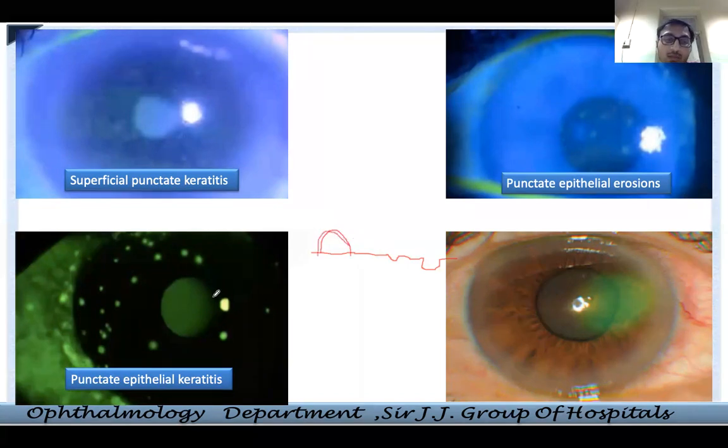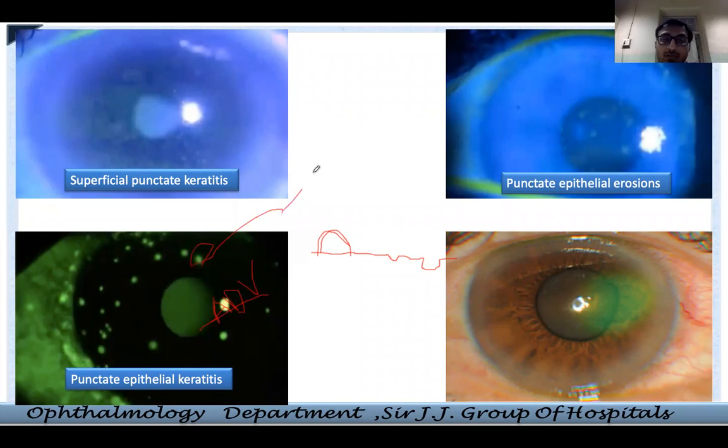This is a very common picture that you see. Where do you see it? You see it in adenoviral conjunctivitis, the patients which keep coming to you with what is basically a follicular conjunctivitis. If you examine their cornea, you will see nothing but punctate epithelial keratitis, and this is another common feature, very much characteristic of microsporidial keratitis. Okay, so these are punctate epithelial keratitis.